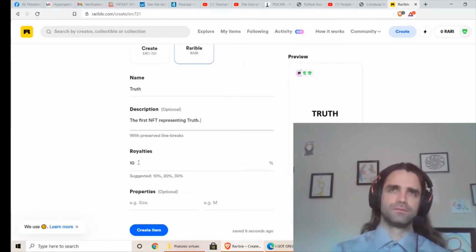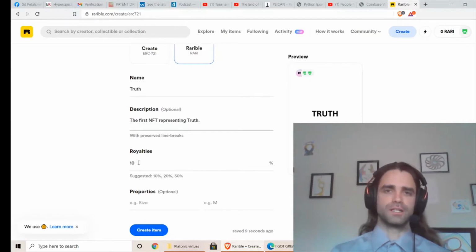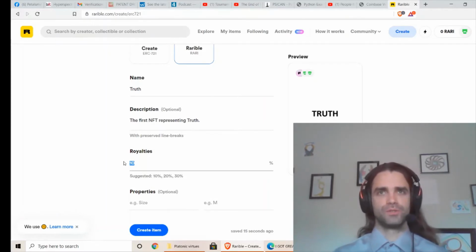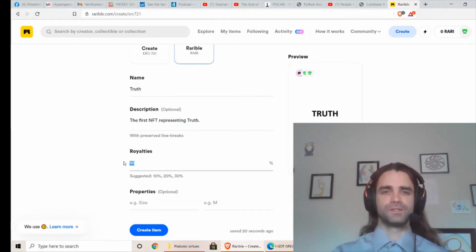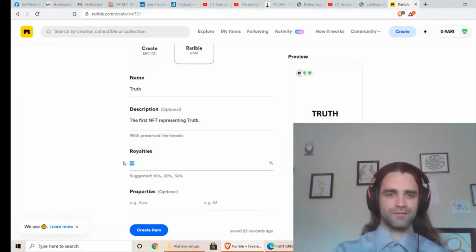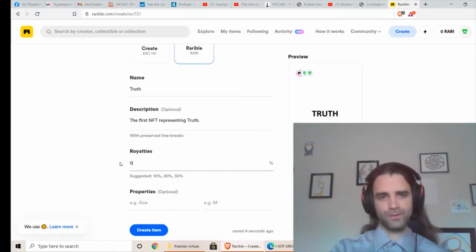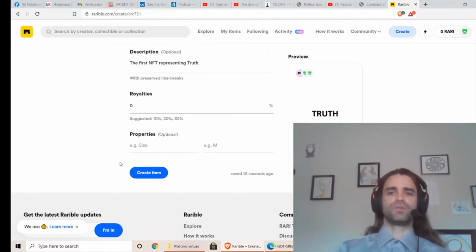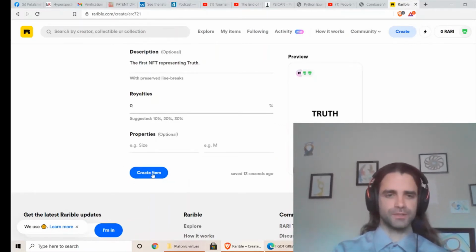those are basically a recurring commission to the artist anytime a piece is sold. I think this is mostly to encourage people to actually trade these things. So people price their art a bit low because they know that as it appreciates in value, they'll still get recurring commissions. I don't really intend to sell truth. Well, maybe as an author, but I don't intend to sell it in the short term, and when it does, the royalties don't really feel right with this kind of platonic virtue that we're talking about. So I'm just gonna create that,